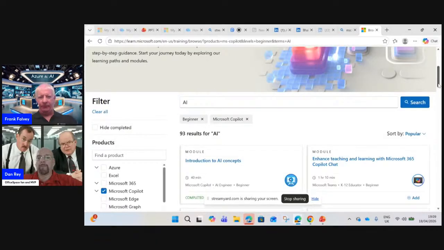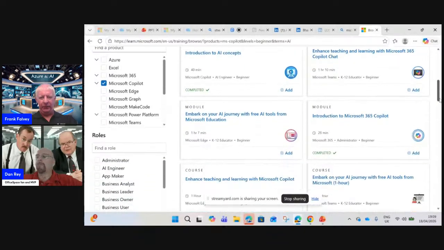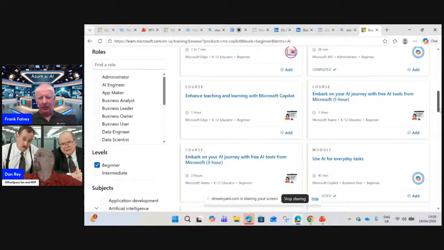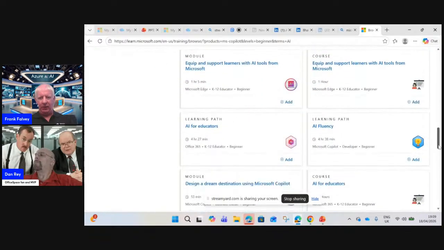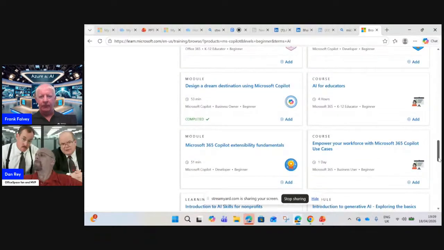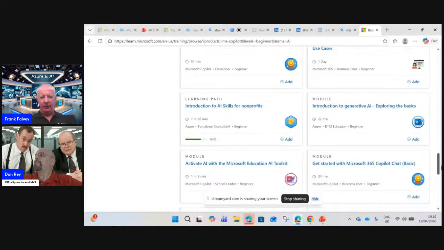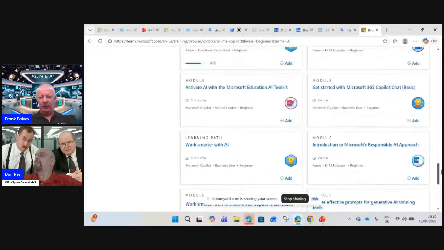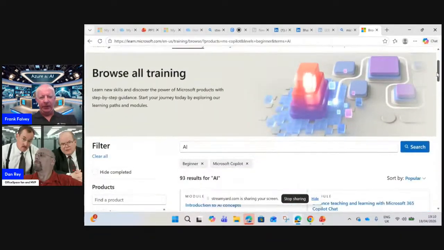Okay. So you can see now it's given us an introduction to AI concept, and lots more there. So you can see some of it. If you've done some of them, then they'll come up as completed like I have there. And they've added some new ones for the AI now. They're all starting with, as far as I know, it is AB